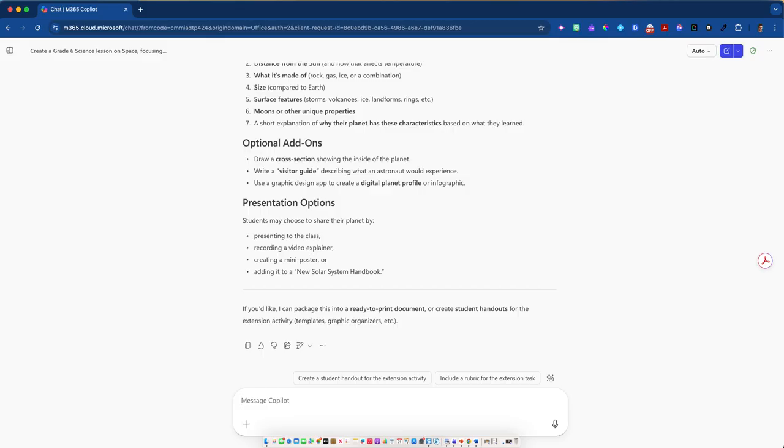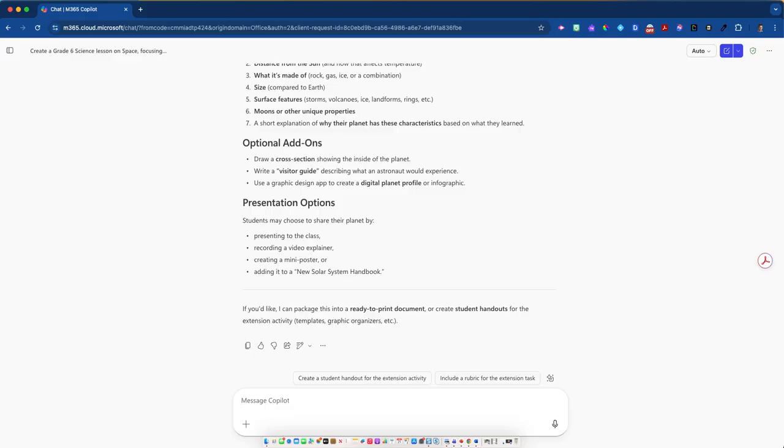But now what we want you to do is go ahead and make a lesson. This is our grade 6 space lesson that we've tried. Now we want you to use your saved settings and strategies from the video, and we would like you to create your own lesson plan using Copilot. If you want, stick with grade 6 science space for now, but if you want, change your grade, change whatever unit of study you're looking to work with, and this should set you up perfectly for the next video